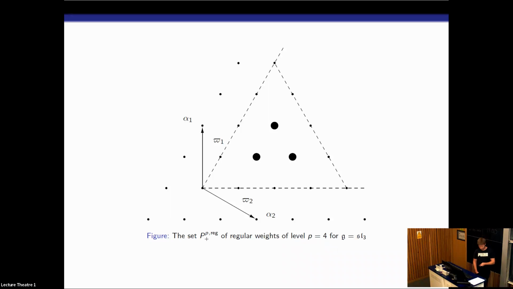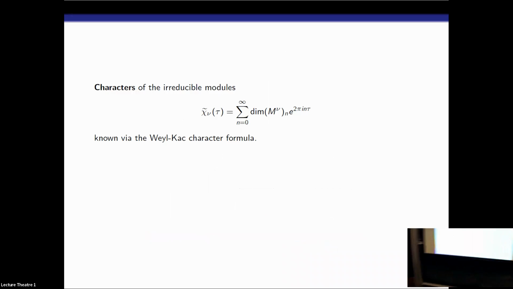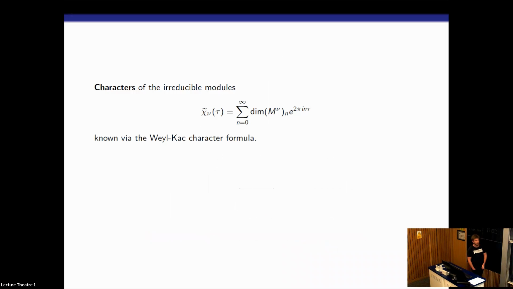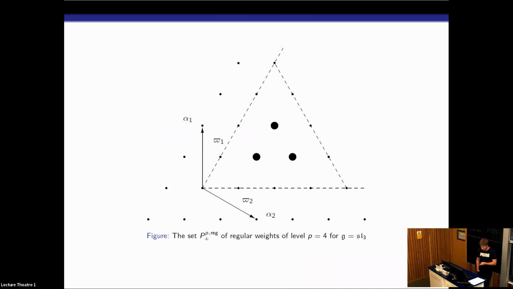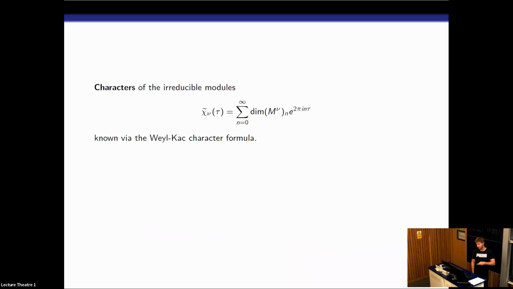A rather interesting thing about vertex algebras is that under fairly general circumstances, their modules have interesting graded dimensions. If we take one of these modules, which on the last slide I was calling N_nu, they have some Z-plus grading, which comes from the conformal vector in the vertex algebra language. You can write down the graded dimension in this form. This turns out to converge on the upper half plane.